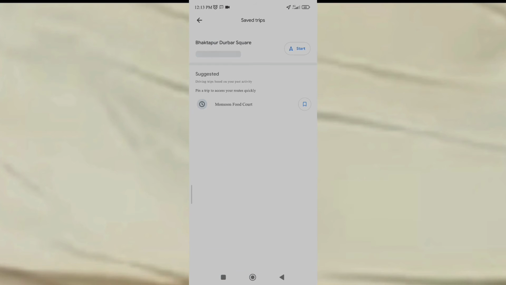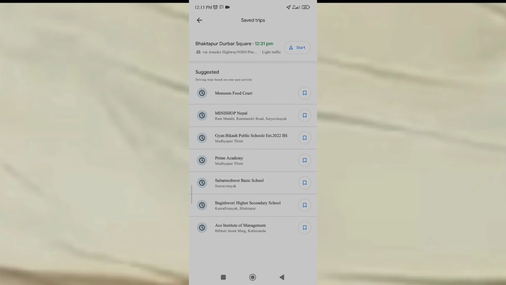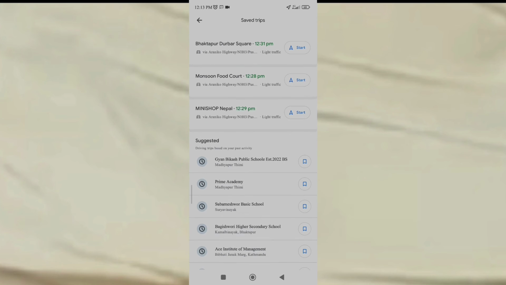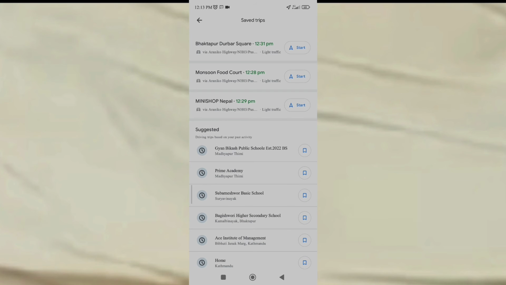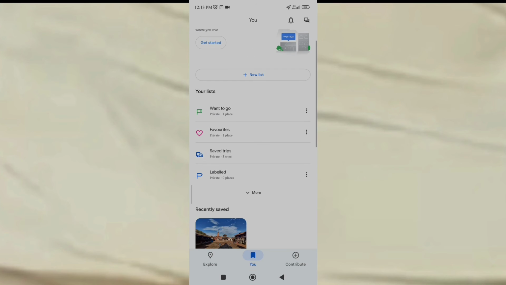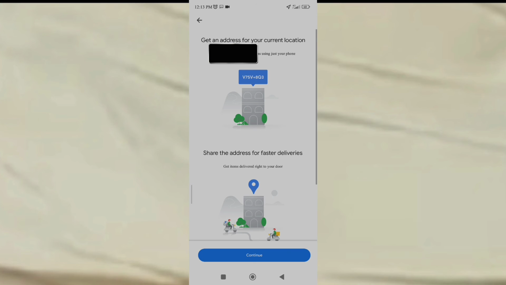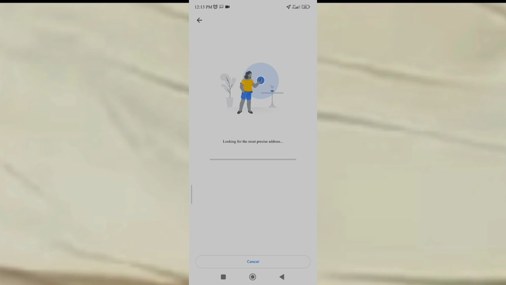And then I have the saved trips. So these are also the saved trips. There are the suggestions around Bhaktapur Durbar Square. And if I click on any of the options, they are automatically added to the list, as you can see here. And if I click on labeled, then I could also label some place as a certain thing, as I did before. So if I click on continue,